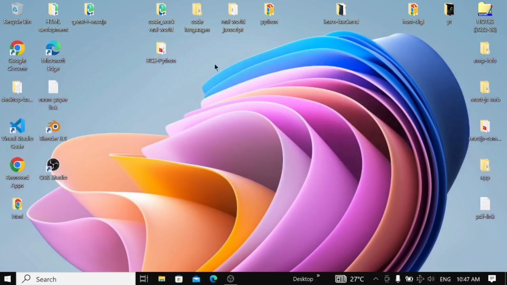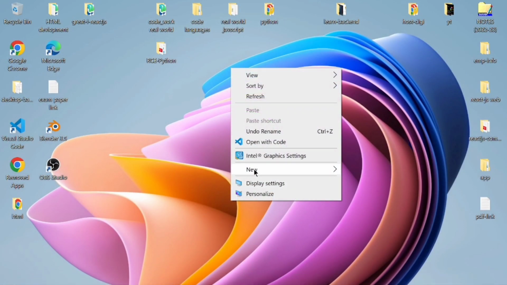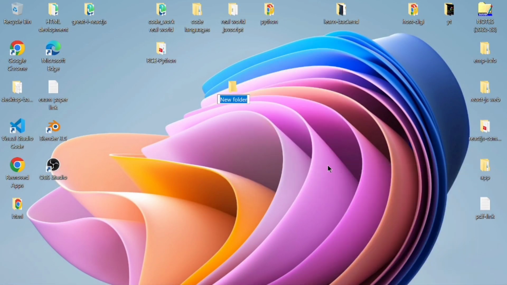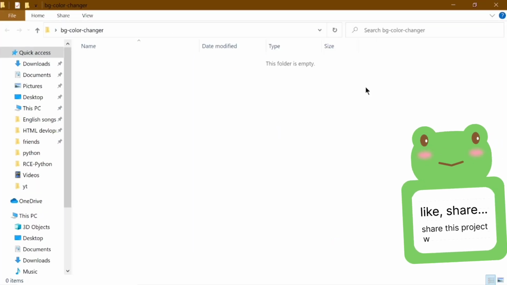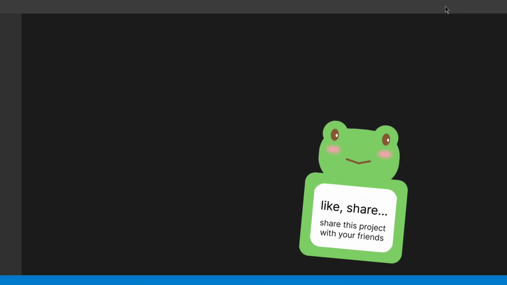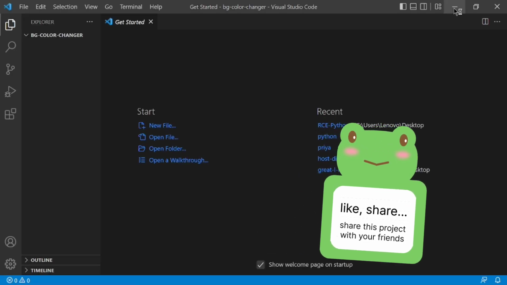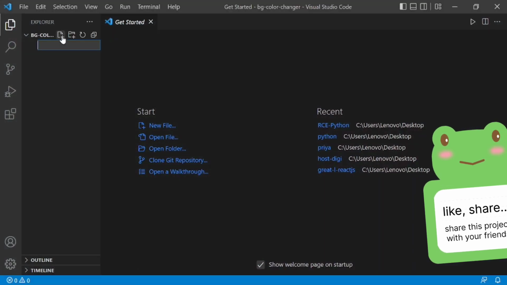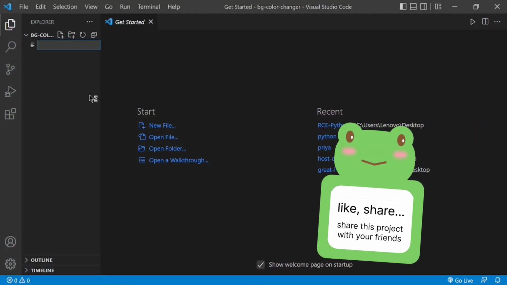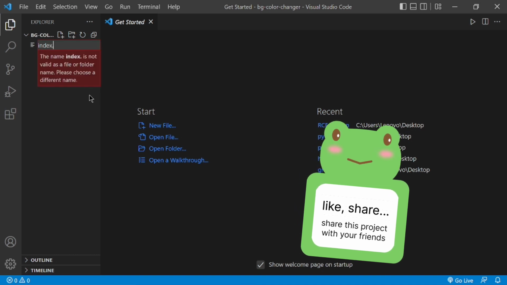Now let's create one folder on the desktop. I am going to create a new folder named bg-color-changer. I'm going to right click and open this with code, so it will open in VS Code. We are going to use the VS Code editor for this. Now here I'm going to create one file named index.html,